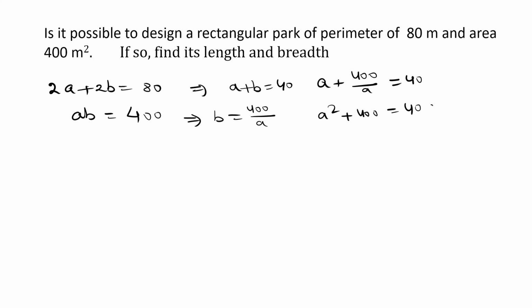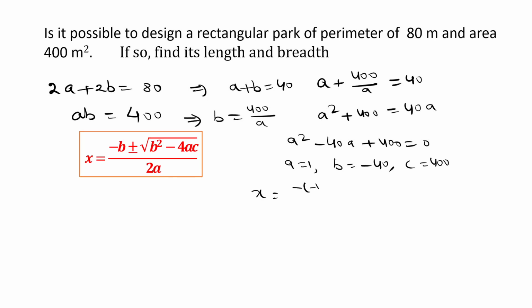Multiplying throughout by A, we get A square plus 400 is equal to 40A, or A square minus 40A plus 400 is equal to 0. Comparing with the standard quadratic, we get a is equal to 1, b is equal to minus 40. Always remember to pick coefficients along with the sign, and c is equal to plus 400. Now substituting in the quadratic formula, we get x is equal to minus b, means minus minus 40, plus or minus under root b square, that is minus 40 whole square, minus 4 times a, that is 1, times c, that is 400, over 2 times a, that is 1,